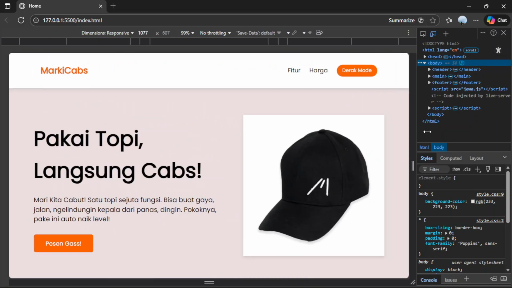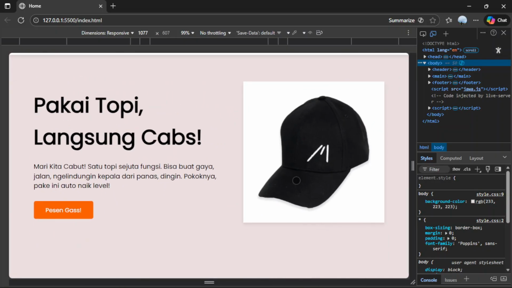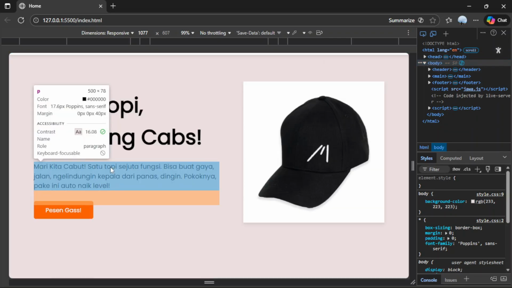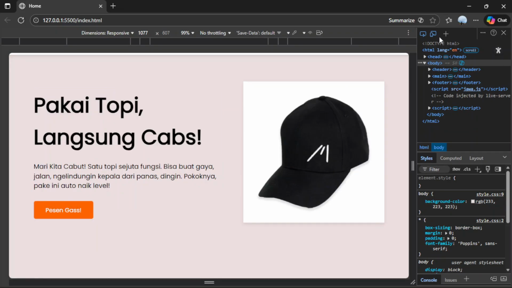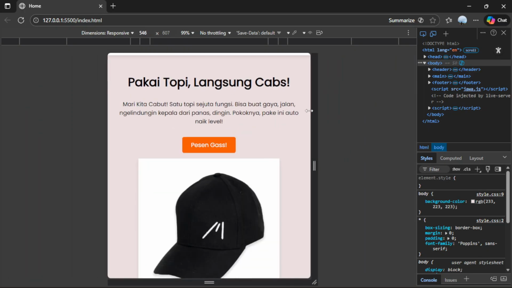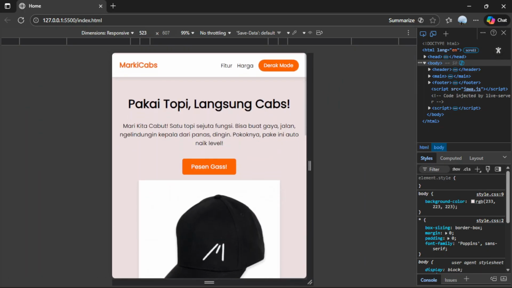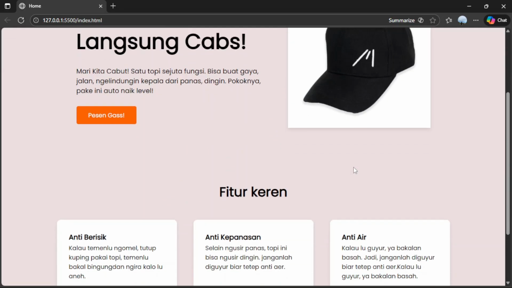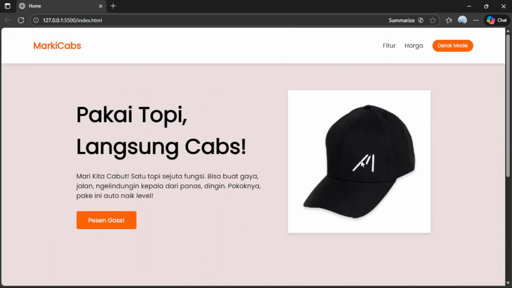But you can see the picture or the image and the text over this change from this screen into like this. All right, okay, there's a difference. It's called a responsive website.